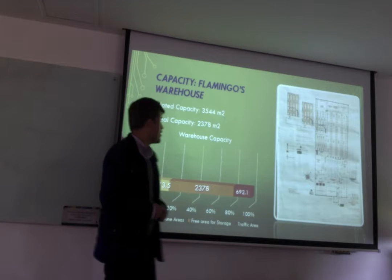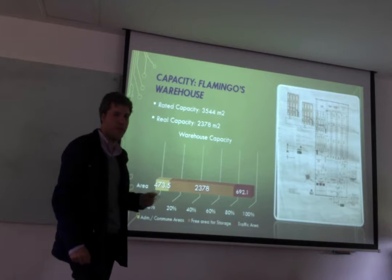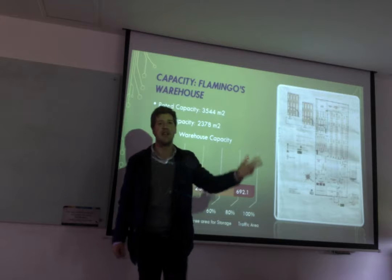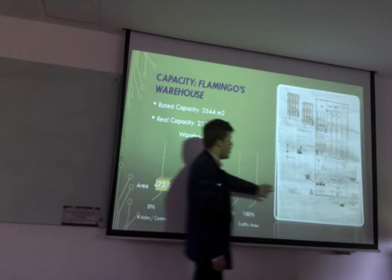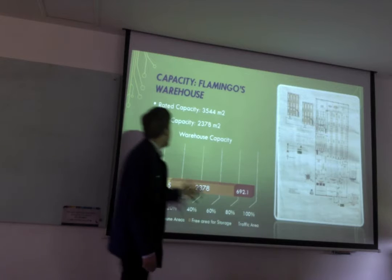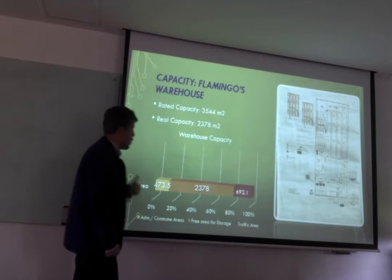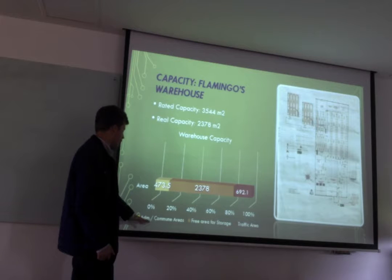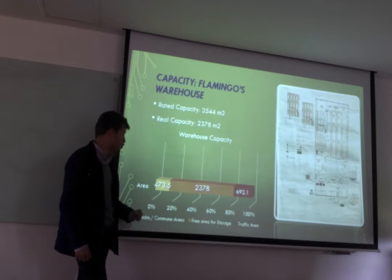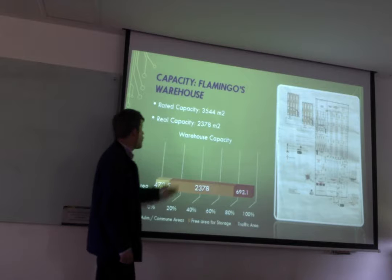Now, talking about capacity. Vigia Plus Services has a total warehouse space of 12,600 square meters. But for the sake of this exercise, we've selected only the warehouse corresponding to Flamingo's, Vigia's biggest client right now. As we can see here in this map, when we took the rated capacity of the warehouse by multiplying the length and the width, we ended up with a rated capacity of 3,544 square meters. Once we take out two components, administrative common areas and traffic areas, that correspond to 473.5 square meters and 692.1 square meters respectively, we end up with a real capacity of